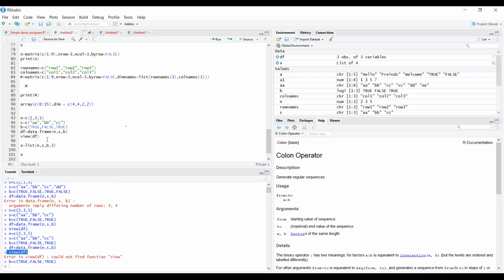Whatever data frame values you have, it will show you by using the view command.